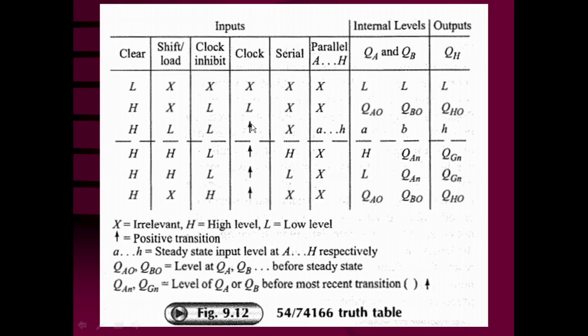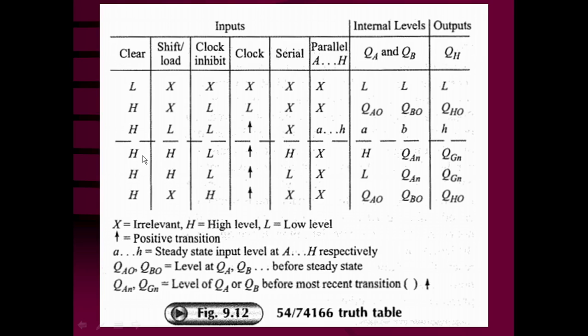This is on a positive transition of the clock pulse, because it is inverted by the NOR gate, and clock inhibit is going to be low. So the inverted clock pulse on this positive transition will be available as a negative transition to each flip-flop, and data will be loaded on this negative transition to the flip-flops. So this line indicates the parallel entry of the data. Then these two lines are the serial entry of the data.